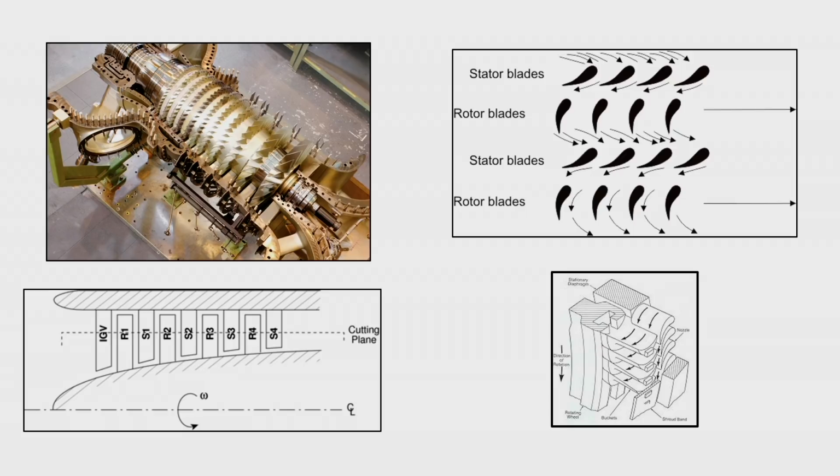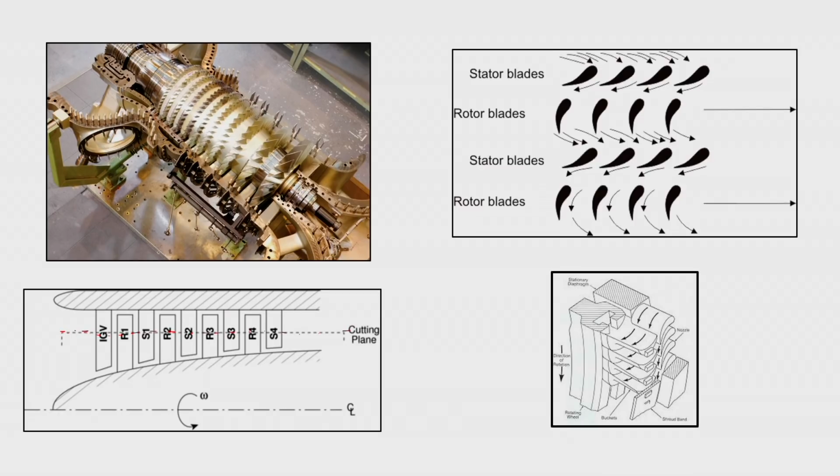So, our whole analysis would be based upon the central mid plane height of the blade. This is the mid plane height of the blade, and our 2D analysis is at the mid height of the blade. This is the top view of the axial compressor, and this is the corresponding cutting edge plane where we are going to draw the velocity triangles, and we will find out the corresponding work interaction, pressure rise, or temperature rise as required.